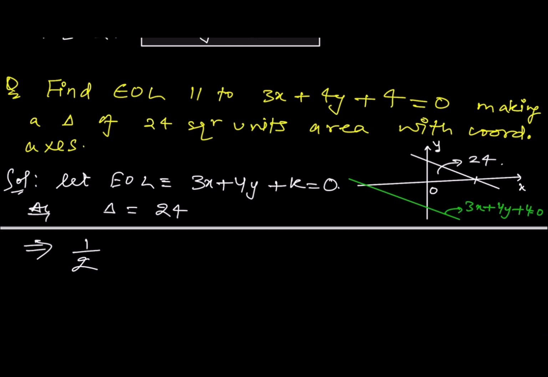Base is this x-intercept, which is minus k by 3. Minus k by 3. I'm using mod because length is always positive. And height is the y-intercept, and the y-intercept is minus k by 4. So again mod of minus k by 4